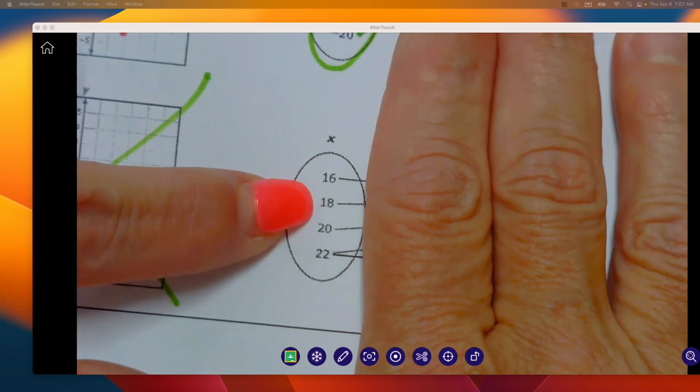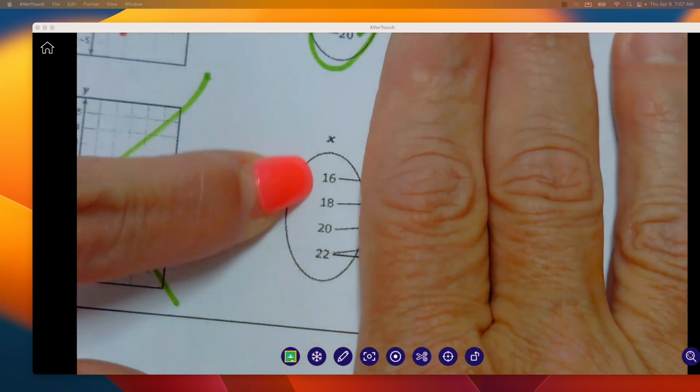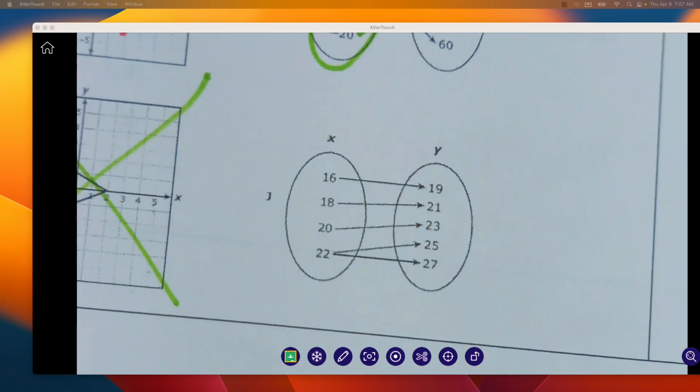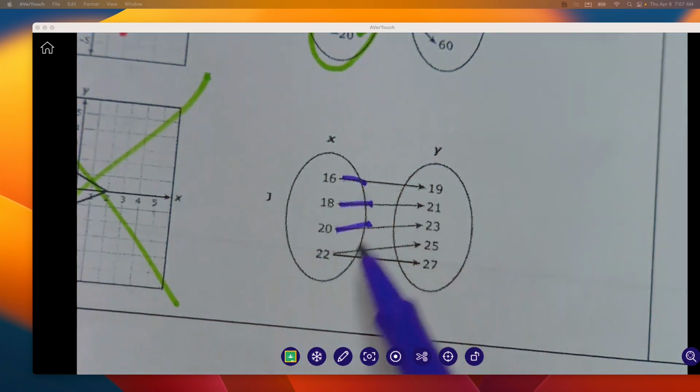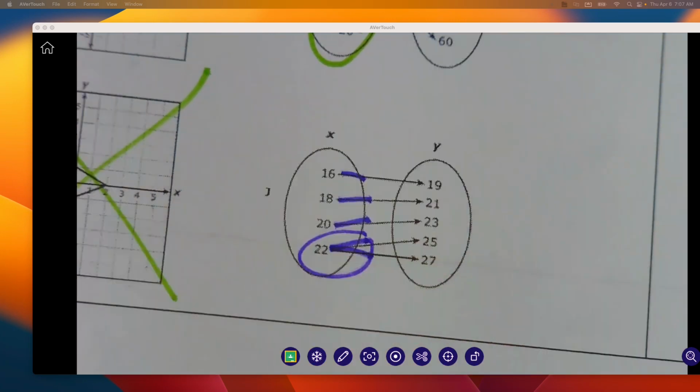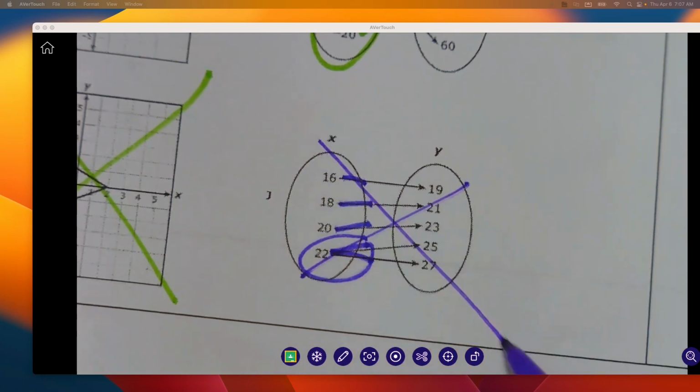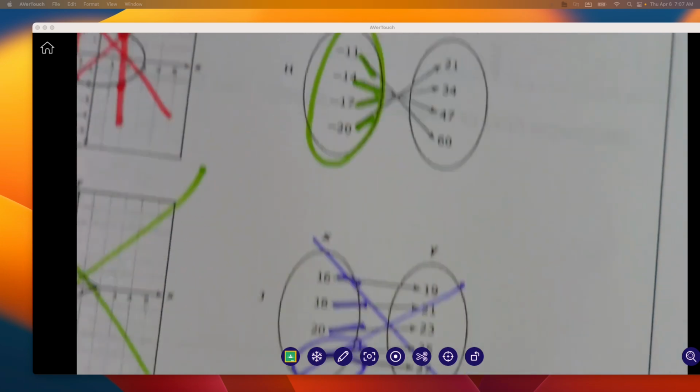I'm first going to look, do any of these numbers repeat? Okay, no, none of them repeat. You've got one line leaving 16, one line leaving 18, one leaving 20. But if you notice, you've got two lines leaving 20. You cannot have two lines leaving an x value. That means it repeats. That means this is not a function. So the only one that is a function